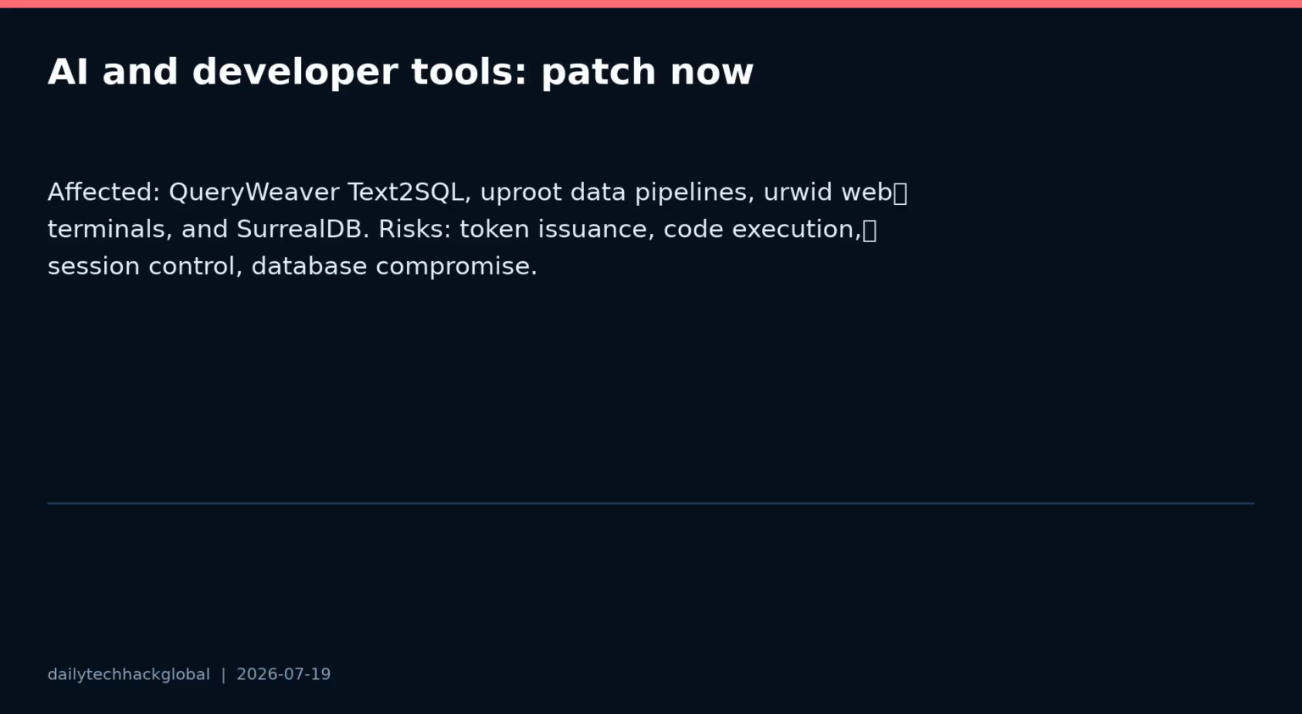In the next few minutes: a QueryWeaver authentication bypass that matters for AI database assistants, an uproot Python file processing bug that matters for scientific and analytics pipelines, and an urwid web terminal session issue that reminds us browser-accessible developer tools are control plane assets. The main takeaway: patch quickly, but also reduce exposure and audit sessions, because these flaws sit close to identity, data,